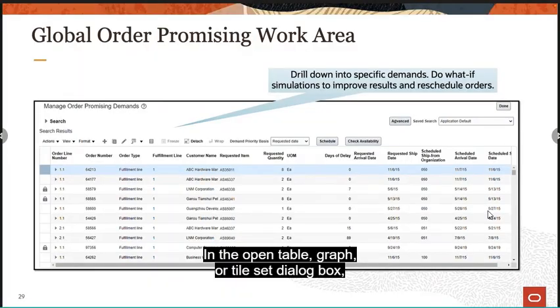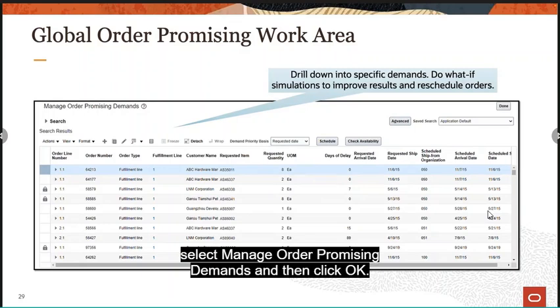To summarize our lesson, you should have learned how to do the following. Be able to promise orders optimally and interactively by checking